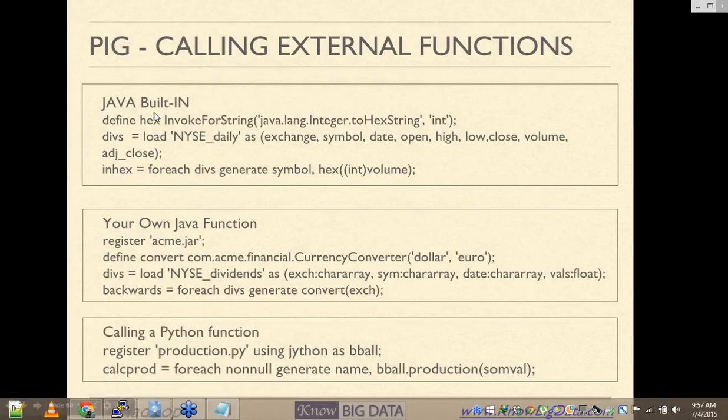What we said is define hex invoke for string. So here we are defining hex, which is basically this method, and then we are just passing the value of the volume column into this method. Pig also lets you write your own Java function. I will show you the syntax in tomorrow's class, but you can also write your own Java functions and use them. So here we have written our own jar called acme.jar, and then we say